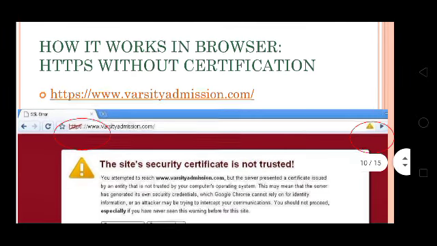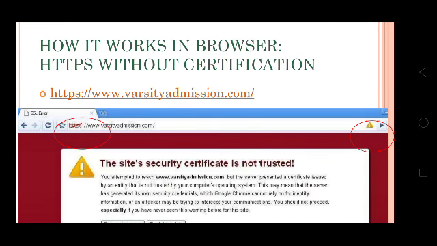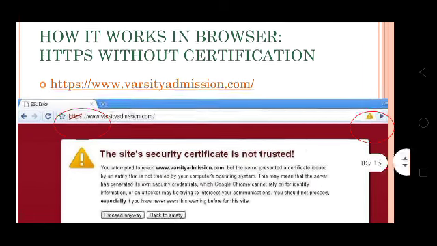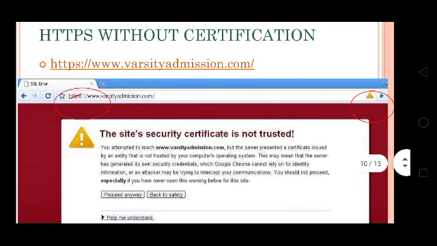Now if you observe the next one, that is HTTP without certification, here HTTP and the red cross line is there. What does it indicate?